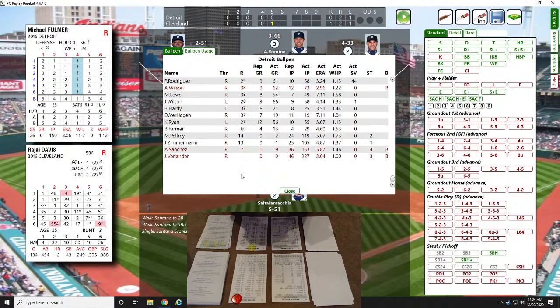If I can find his card, that is. They're going to bring him in. Buck Farmer is going to come in. He's going to come in over here, though. And now we've got to see what kind of pitching day he's going to have. 15, which is, oh, he's going to have a bad day, too. So that's not going to help either. So Buck Farmer's coming in